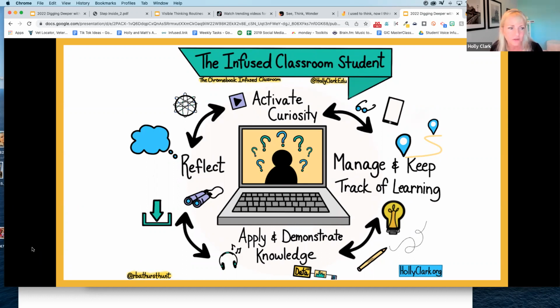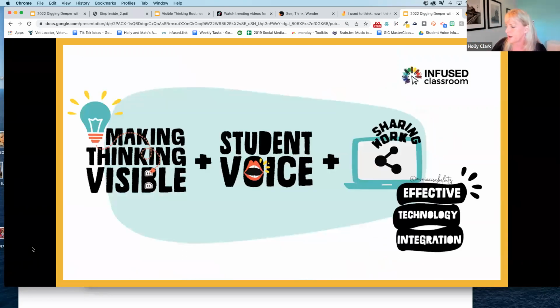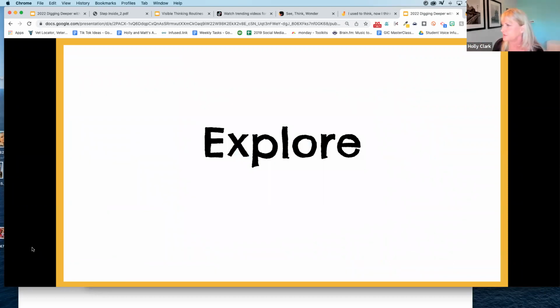Because often we leave that out, and that's the most important step in giving them the background knowledge they need. How do we help them learn to be digital citizens, manage and keep track of their learning, this kind of stuff. But we're going to be looking at this third one, which is how do we allow them to apply and demonstrate knowledge and really think about that knowledge. So I'm going to come back to this slide in a second. We're going to do it after we do something.